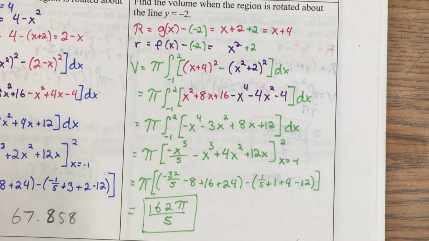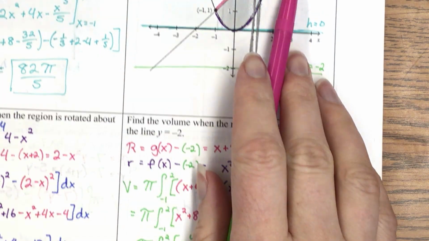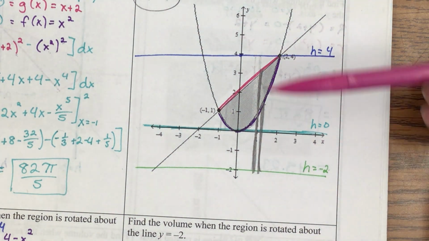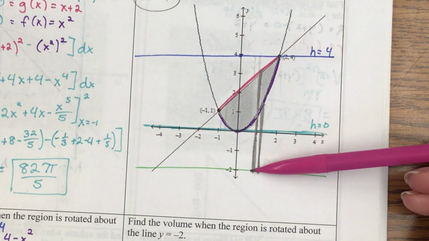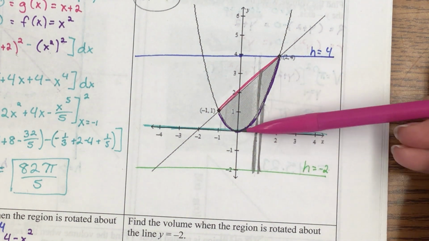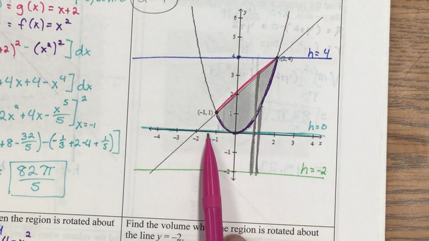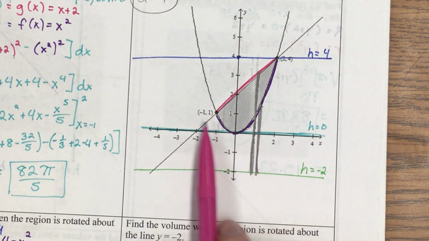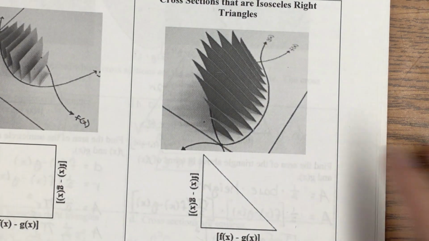Awesome. Okay, so the problems we just did have horizontal lines for our axis of rotation. Everything was horizontal. So that means that every distance we used was from the top down to the bottom, from the top to the bottom, or from the bottom to the top. And then every a and b that we used was x values from left to right, from least to greatest. But what happens if our axis of rotation is not